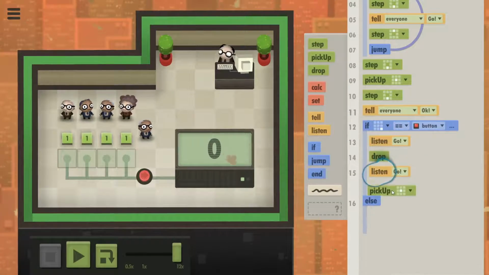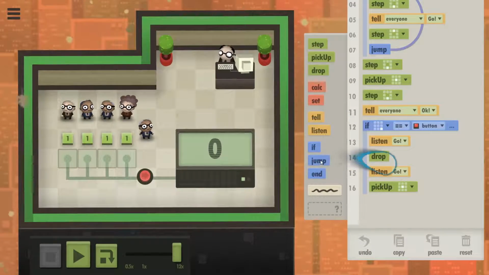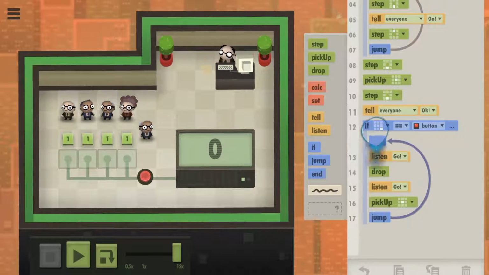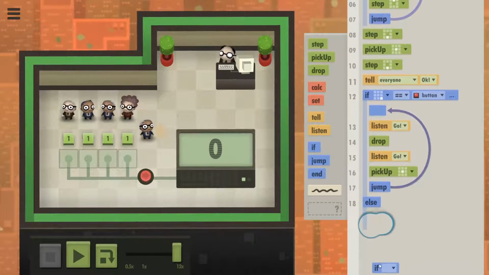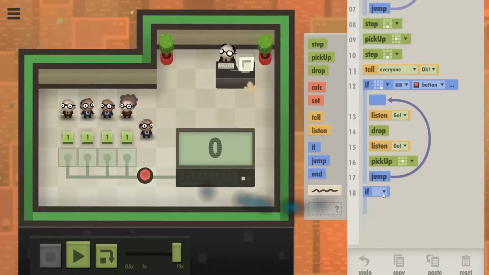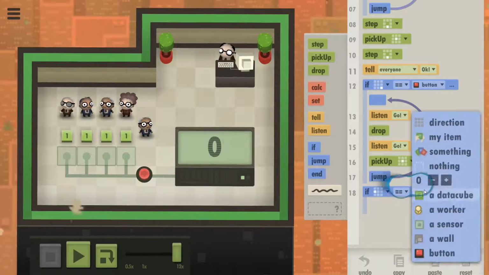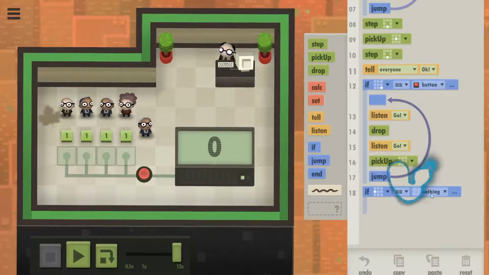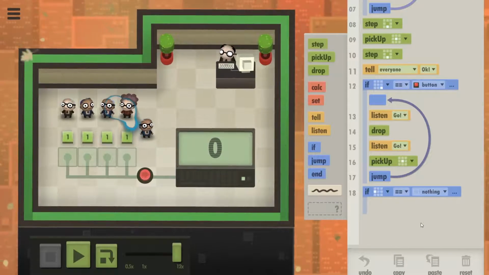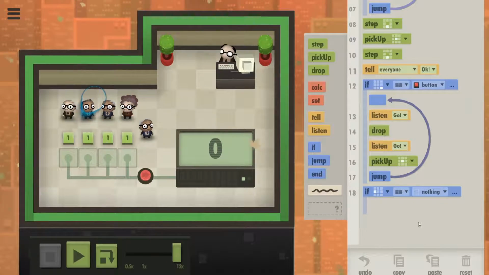Listen, go, pick up. That is literally your loop. If to the left is nothing, absolutely nothing,